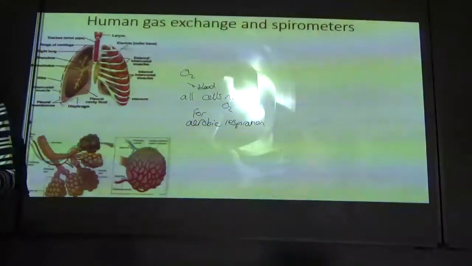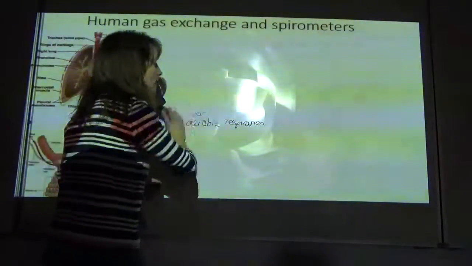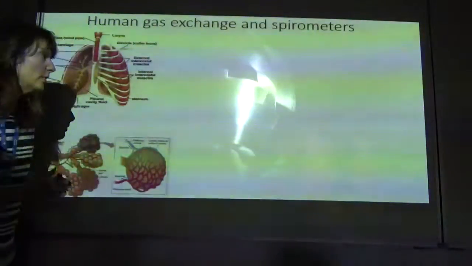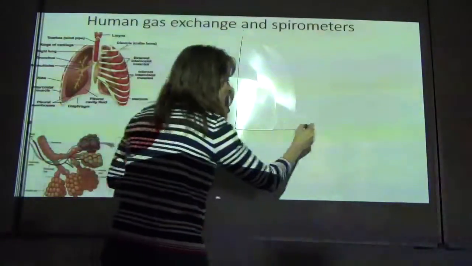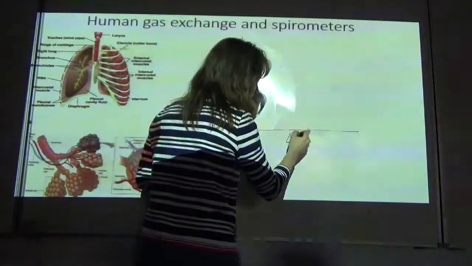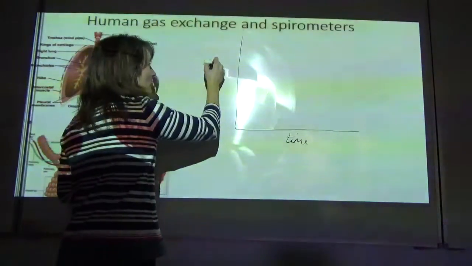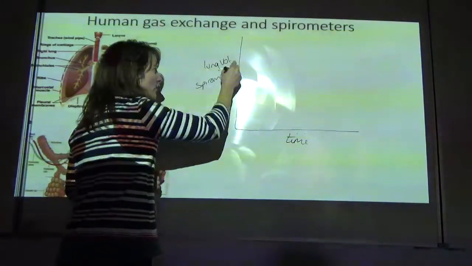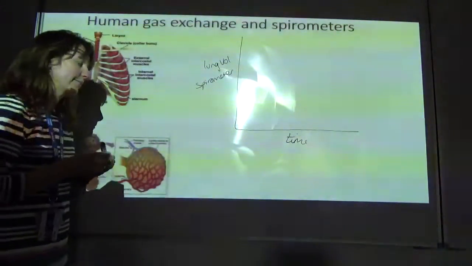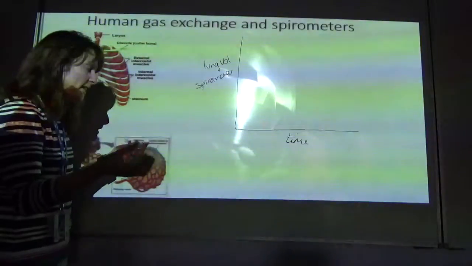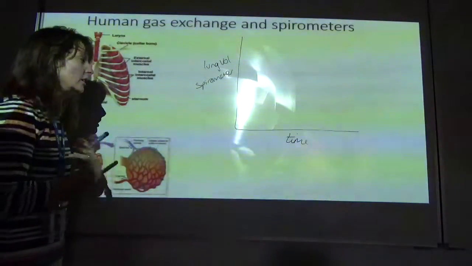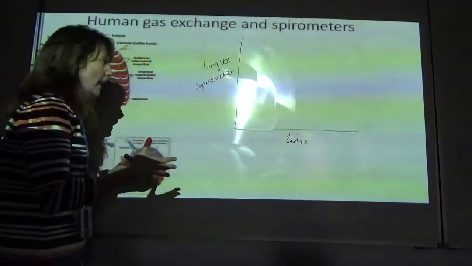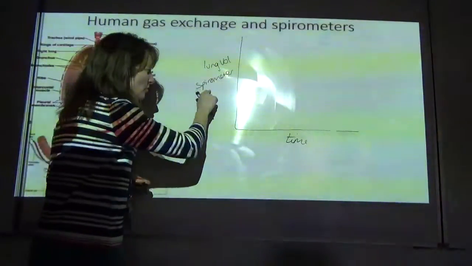Now, the other kind of questions that you get about lungs and breathing focus on the graphs that you get. So you would usually have time along the x-axis and then either lung volume or spirometer trace. A spirometer is just a piece of equipment that we use to measure lung volume, and what we will do with a spirometer trace is